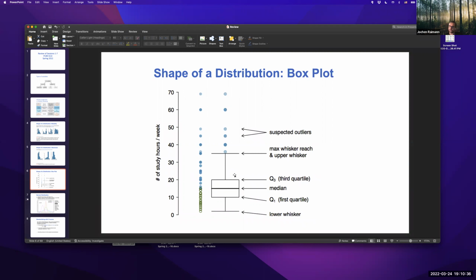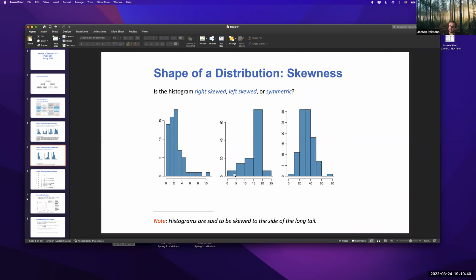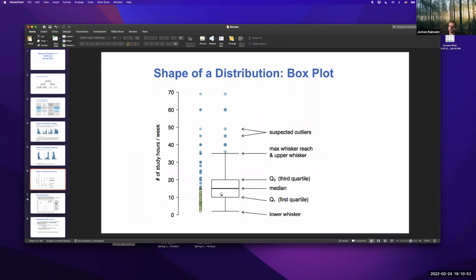Understand the various ways of displaying distributions. There are the histograms, as you see them here, with each of these bins indicating the count of entries having a certain value within these bins. Then you have the box whisker plot here. Know in approximate terms, or know exactly, what the box whisker indicates.